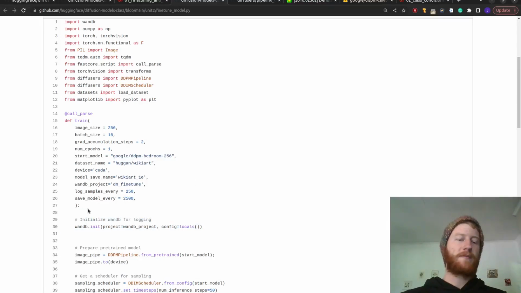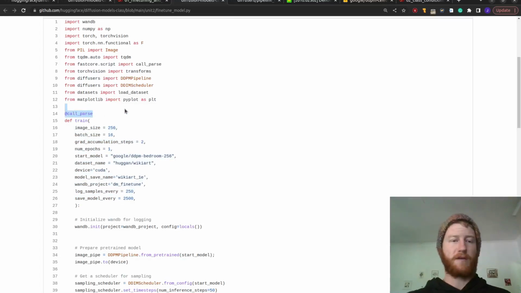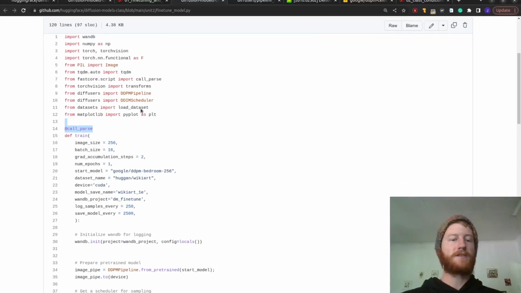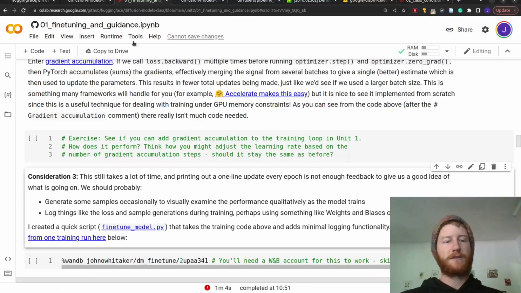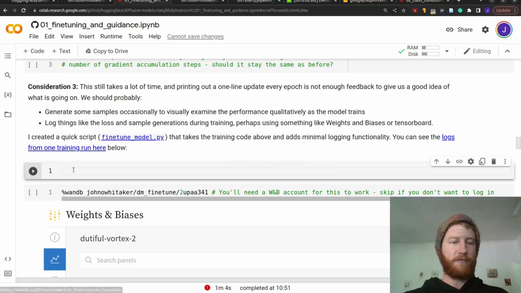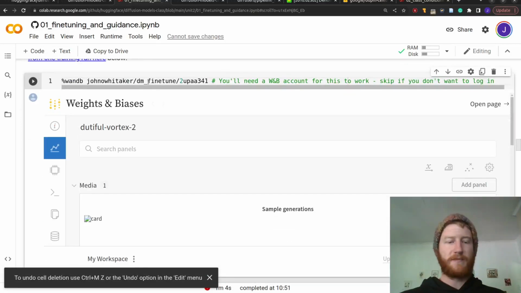And then this is all wrapped in a function that takes a number of arguments. And I've used the call_parse decorator, from fastcore.script import call_parse. This will turn this into a nice command line script. And so now what I can do if I want to run this code is I can run it like a script, we'll see this just now actually. It'll log to Weights and Biases, and then we get,